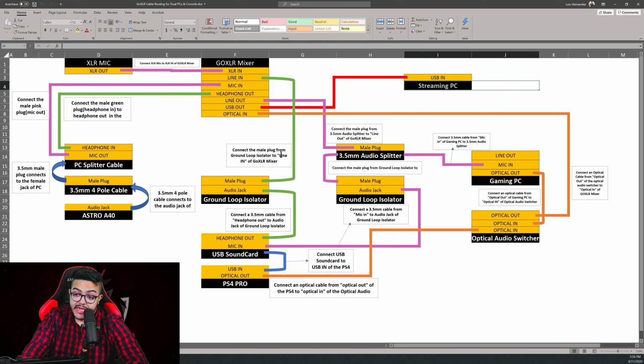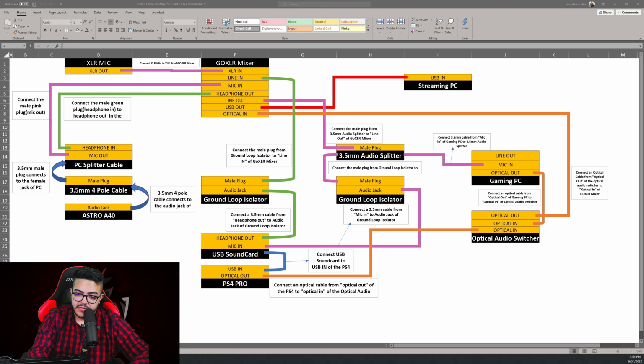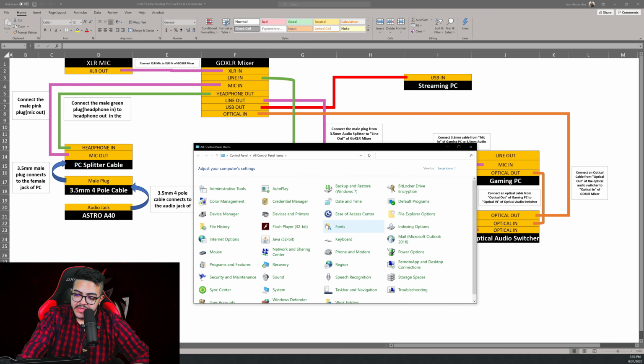All right, so let's move on and let's talk about the settings that you're gonna need on your gaming and streaming PC. So let's start with your streaming PC settings. All you're gonna have to do is go into your start menu, go to control panel, go to sound,